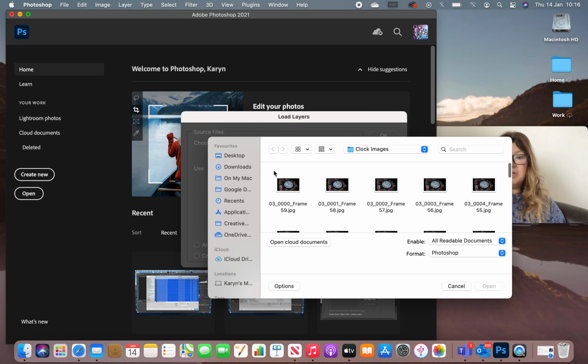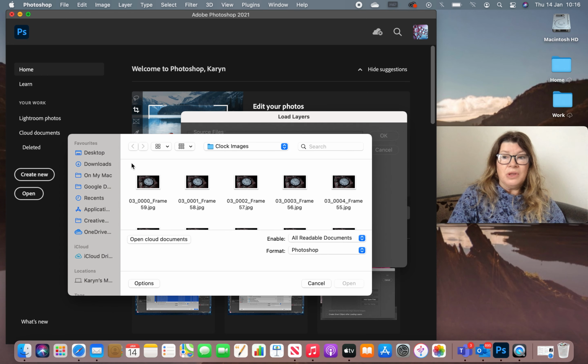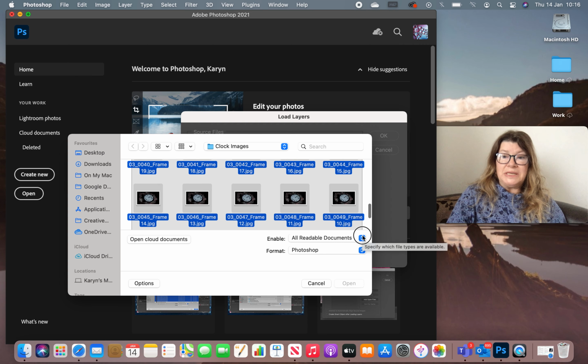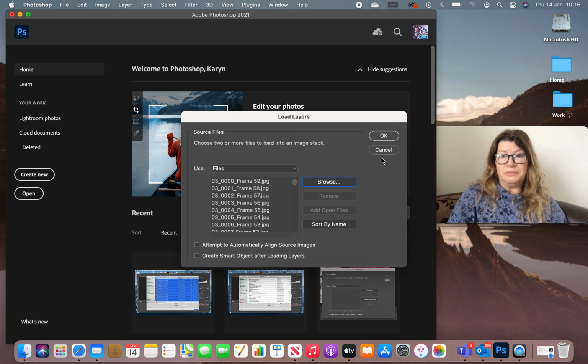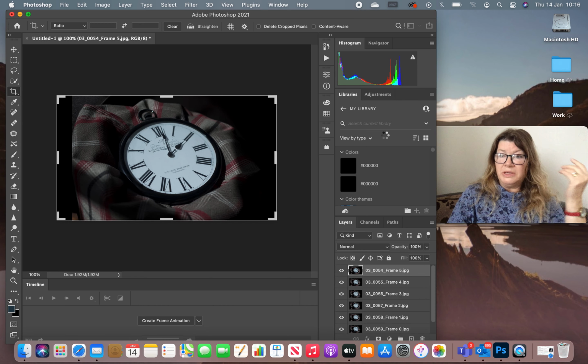And what I'm going to do is select all of the images that I want to put into my animation. Okay, so if we just go there and then we're going to open all of this up. If we go to OK. Now it might take a little bit of time to actually come through all of the images,